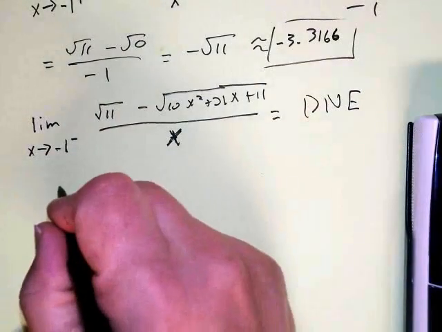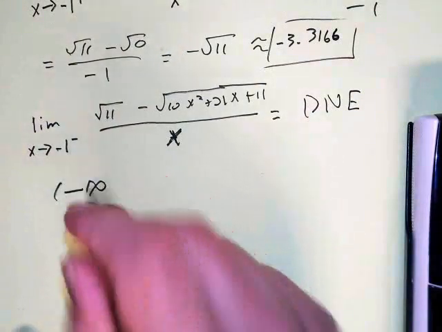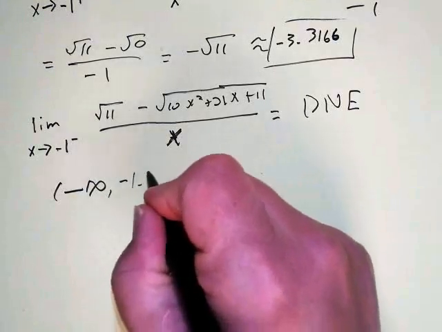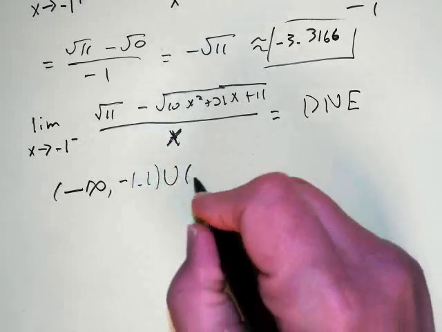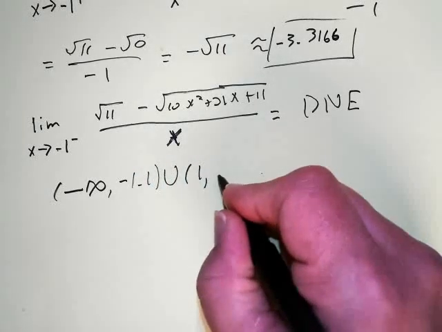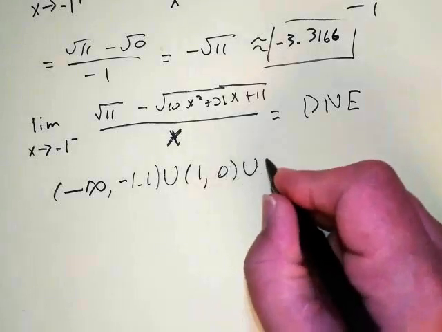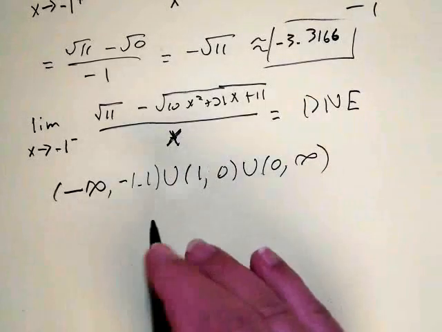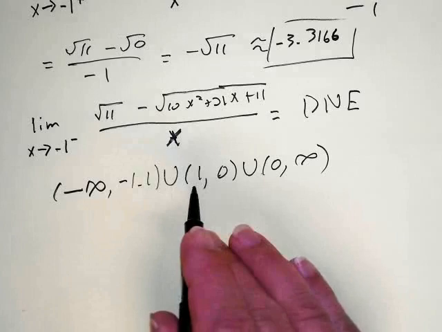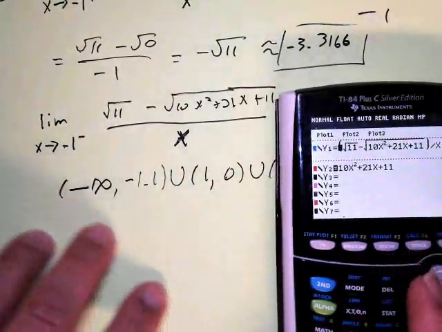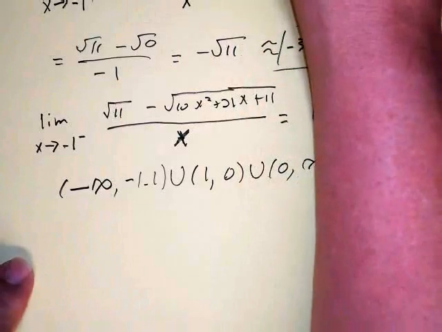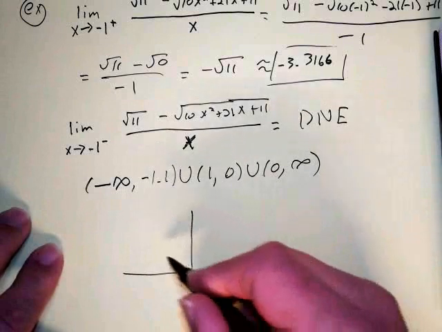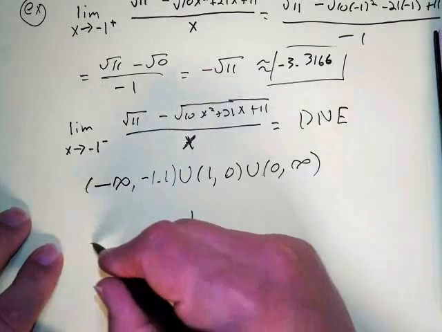So what I could say is the domain here looks like negative infinity to negative 1.1. And then there's a gap, and then it's negative 1 to 0, and it's not going to include 0 as well, because 0 gives you a 0 in the denominator, right? So there's a gap in the domain where the function is not defined. This graph is going like this,